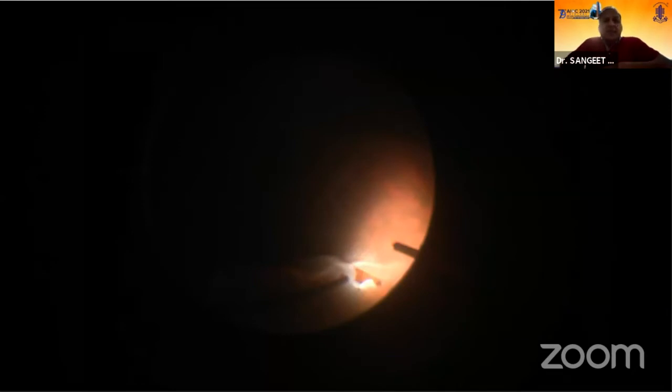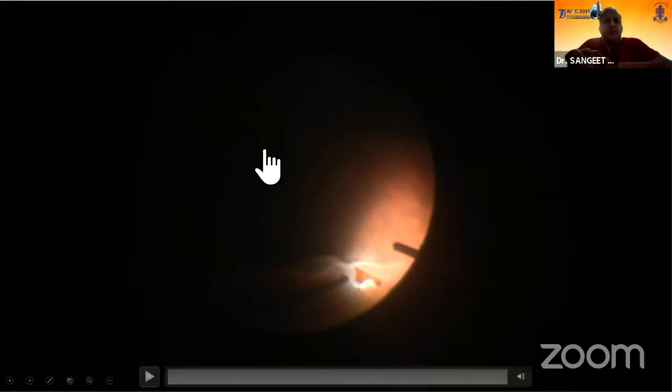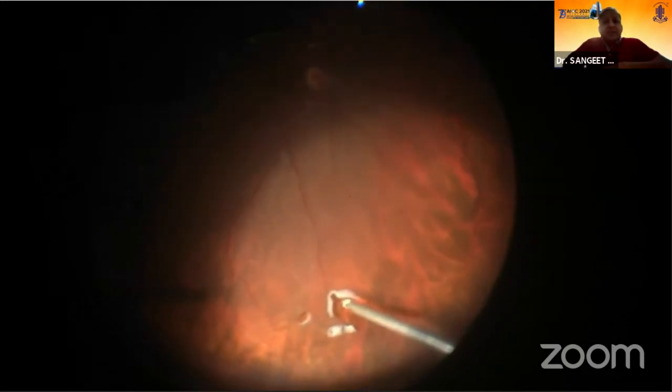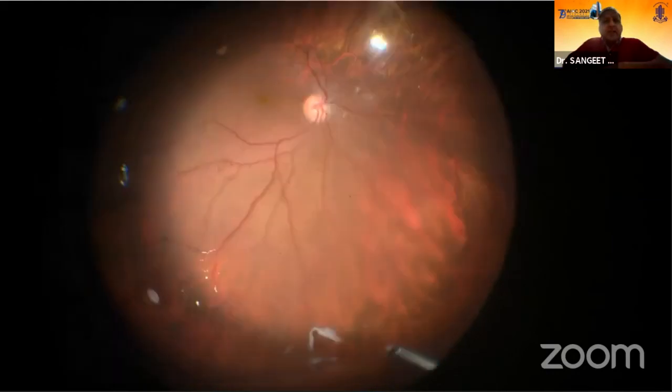This is a small video I would like to show. This was a simple patient of a superior retinal detachment. We took the patient up for a vitrectomy and gas. This was a tear; there were two of them, and we did internal drainage of the fluid, and then we were supposed to finish off this case.